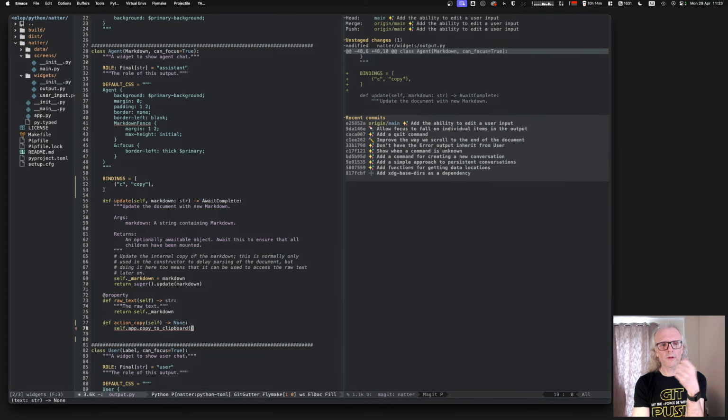So in one of my apps, for example, in Tinboard, I think, I've got it where you can copy stuff to the clipboard. I've taken a belt and braces approach where I still use Paperclip. So I copy it to the clipboard with that, and I copy it to the clipboard with this. And so if this fails, it still will have made it into the clipboard. But doing both of them gives you the advantage that if Textual's approach to copying to the clipboard fails, it will probably still work thanks to Paperclip.